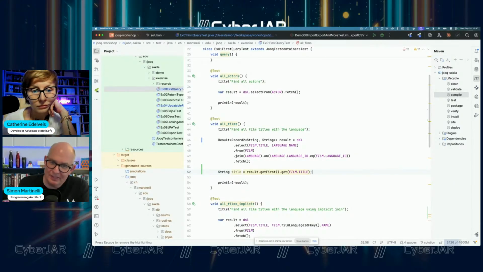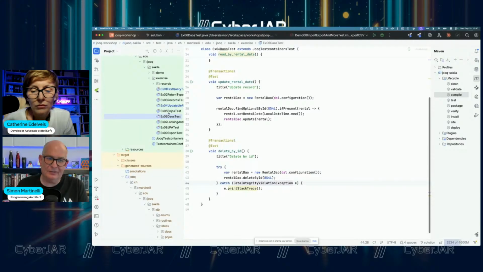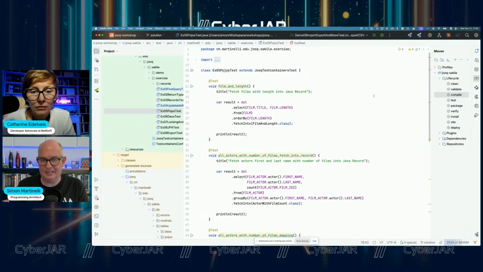But very often, if you do a select statement, the best result would be a Java record. So that's probably the way to go, because very often, or in most cases, if you do projection, the result will be immutable. Immutable are records. So I also can use records. So let's see.